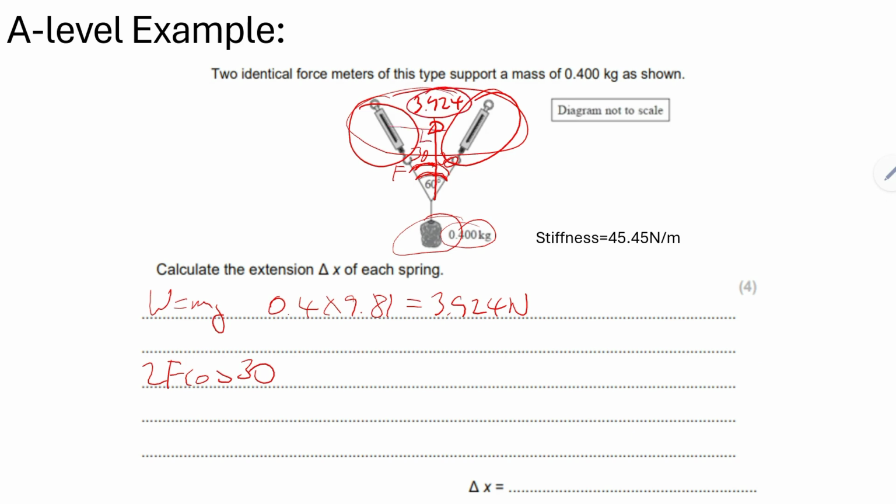So we just do SOHCAHTOA, and we can see that this is the adjacent and this is the hypotense, and it will give us cos. And that will equal to 3.924, which is the weight of the rock. So we just need to rearrange it to get F. So we do 3.924 divided by 2 cos 30. Divide both sides by 2 cos 30. And when we do that, we get